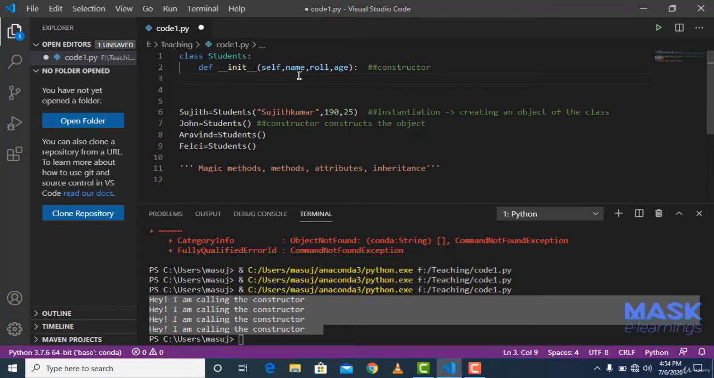What kind of attributes am I talking about here? The attributes are name, age and roll number. Remember that these are not actually the object's attributes. These are just your formal arguments, your dummy arguments, which you are using to store these values. So again, I'm repeating: these are the formal arguments which you are using to store these values,